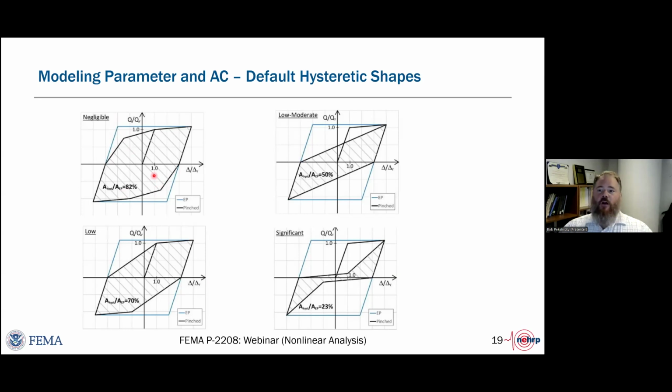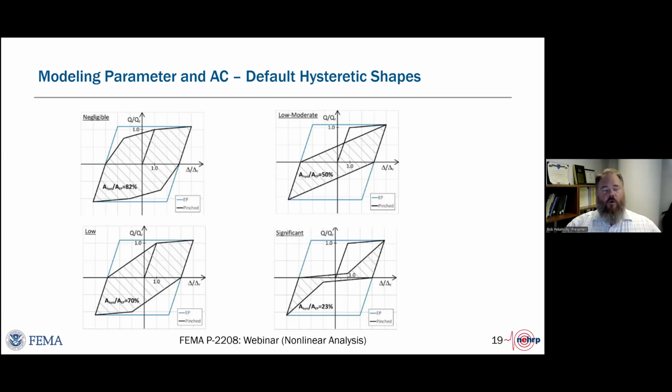And so another change, which was done as a change in this general section, which we hope is setting the stage for new columns in the modeling parameter and acceptance criteria table in future editions of the standard, is to talk about the level of hysteretic pinching that would occur. And we created 4 different categories, and the idea being that eventually you'd have one of these 4 listed next to the modeling parameter in the tables in ASCE 41, AISC 342, and ACI 369.1. So this can give some general direction to make sure that people are using appropriate models.